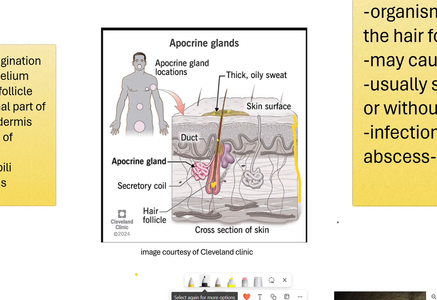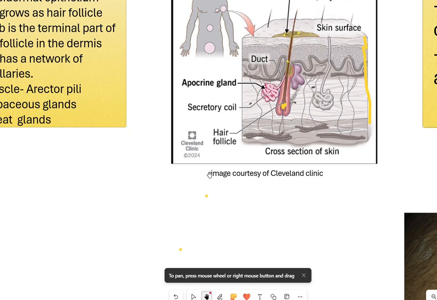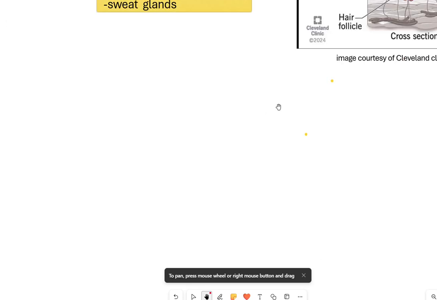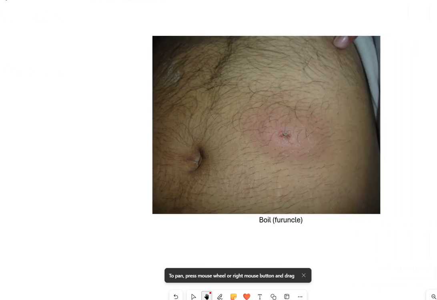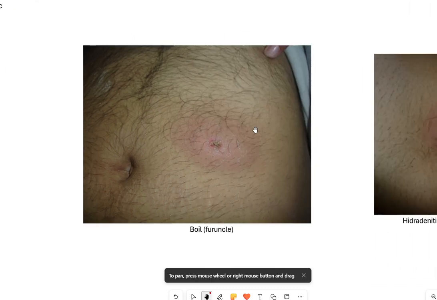Now what happens in the boil? Boil is infection of the hair follicle, and we go to the clinical picture of the boil, and let us see. Now this is a patient who has got a lot of hairs in the abdomen. That's the umbilicus,